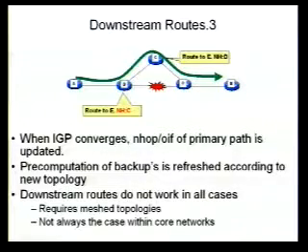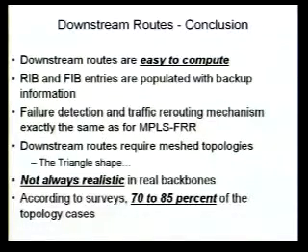Not necessarily that it's the least cost or shortest distance, if you want to think of it that way, through the network topology, just that it's non-looping in particular. It requires certain network topologies, though, to solve the problem this way. What we see is that, yes, we know that the downstream routes are easy to compute, and we know we can populate RIBs and FIBs, because we've been thinking about this and theoretically looking at this for about 30 years. But we also know that network topologies of that particular shape aren't always realistic. According to some of the research we've done on very, very large service provider networks, this can basically solve 70 to 85% of all the topologies and achieve IP Fast-Reroute.